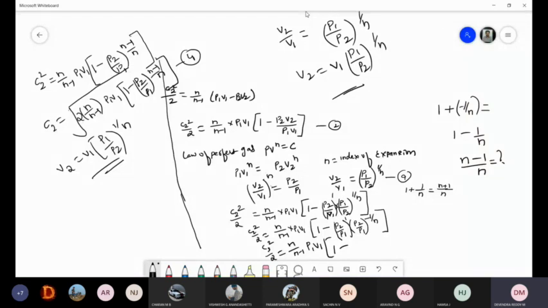And what is the equation for m? M is equal to, I have written the equation for m first, m is equal to